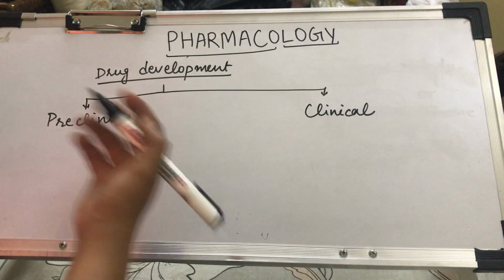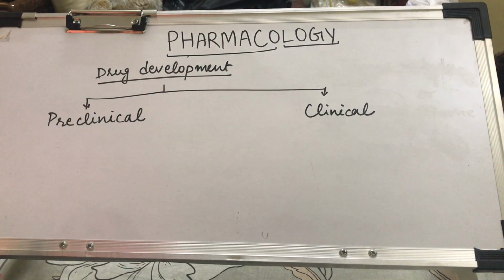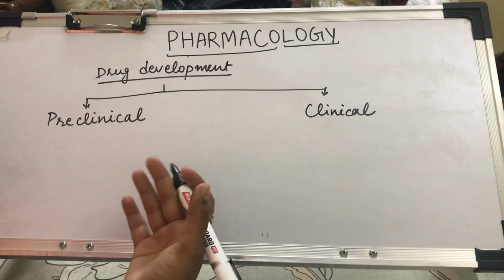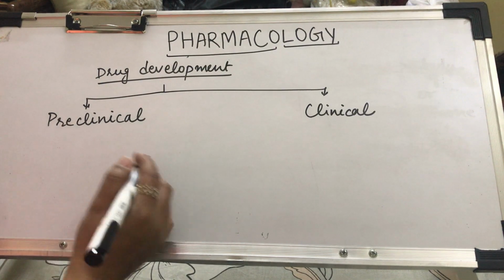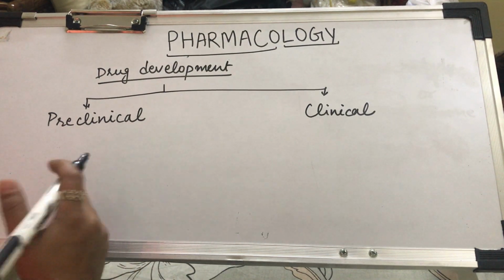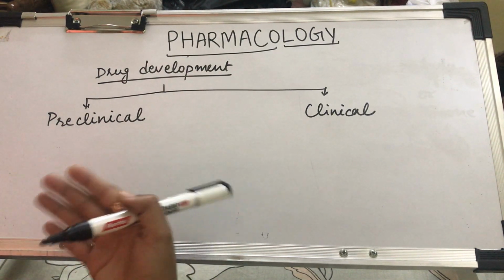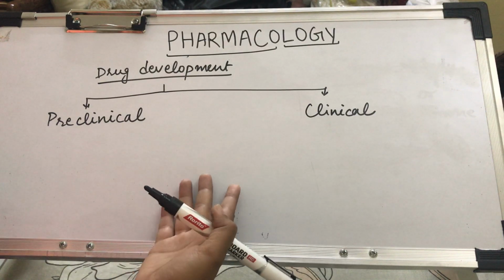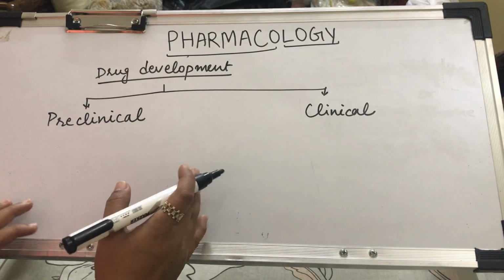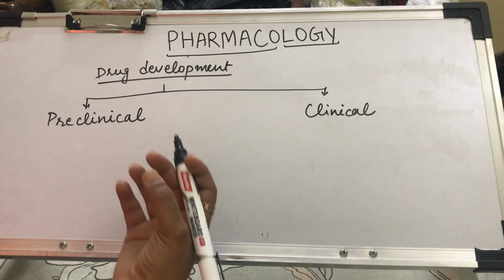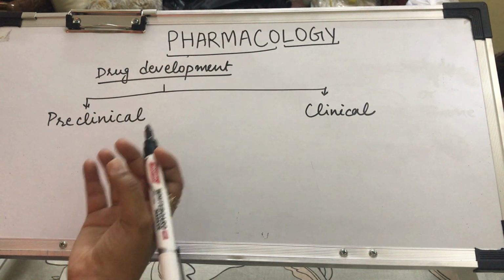So in preclinical testing, what we do is we check the drug for its biological effects. Initially, its biochemical and physiological investigations are done, the receptor binding assays are done,